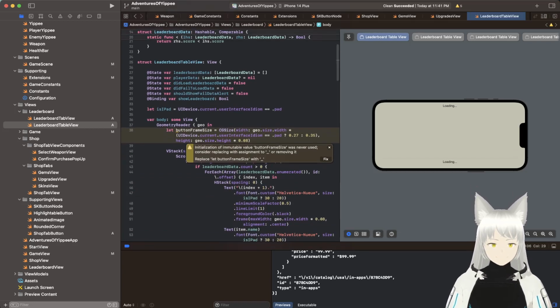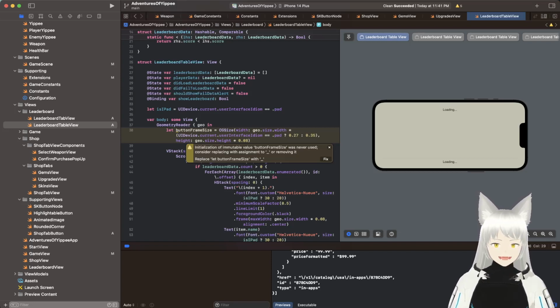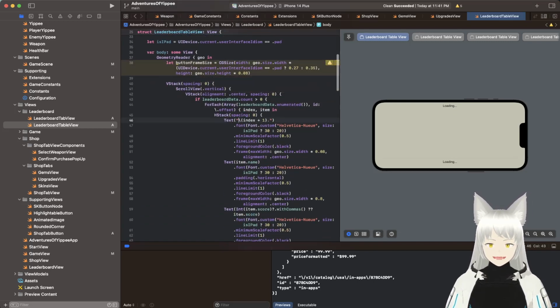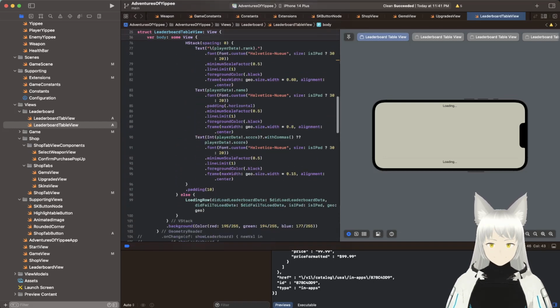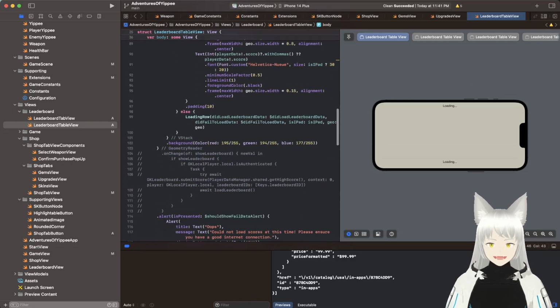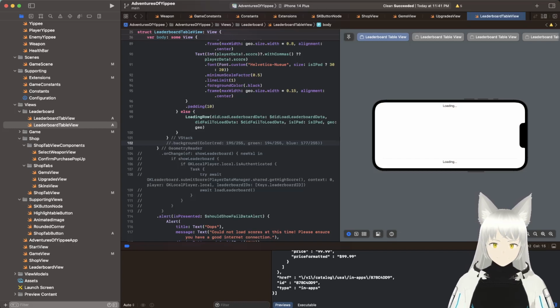Yeah, but basically this is like the bottom row. And we've got a scroll view here. And it's loading because there's no data. Yeah. So, I'm gonna take out this background. All right. And then,